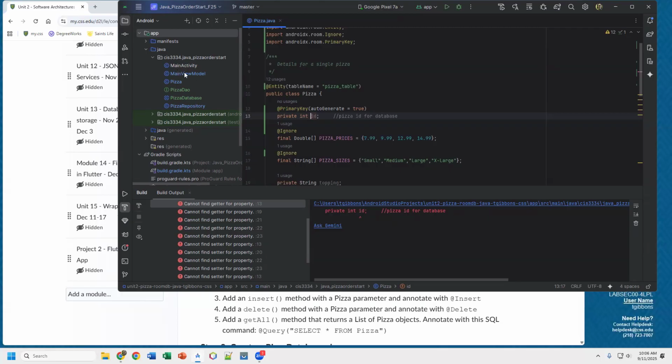We had a view model, which again is a long-term or more permanent storage for data. It doesn't go away like a main activity. So we had this view model here, and we had a pizza list. It wasn't called pizza repository, but that's basically what it was. And it just stored an array list of pizza objects, and we had our pizza object here for this. Now, that was just storing it temporarily in memory,